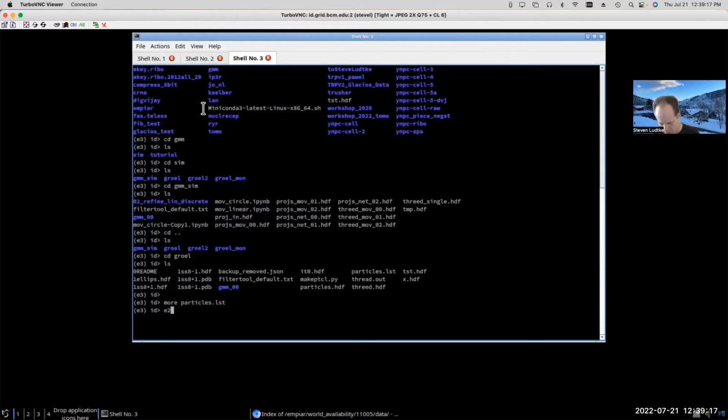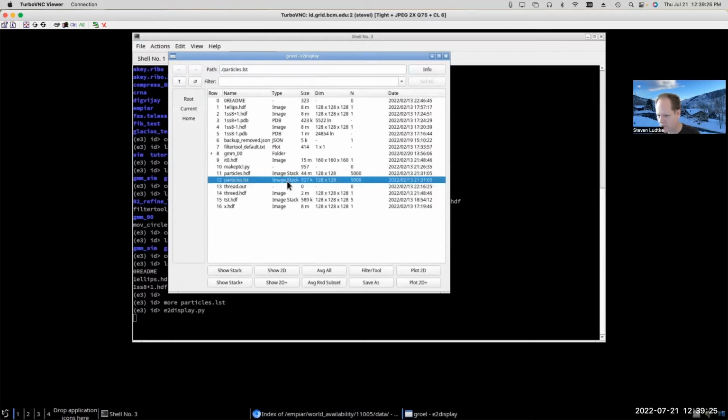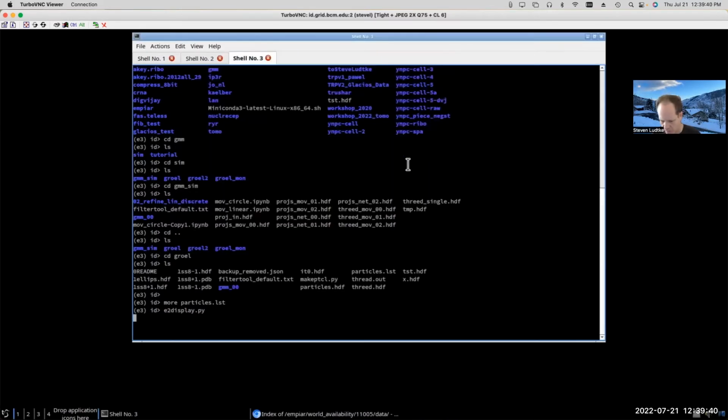So if I run E2 display here, it sees that particles.lst file as an image stack file, even though really it's just a text file. Okay, so EMAN treats these LST files as if they contained actual images, even though really they're just text files which contain references to images.